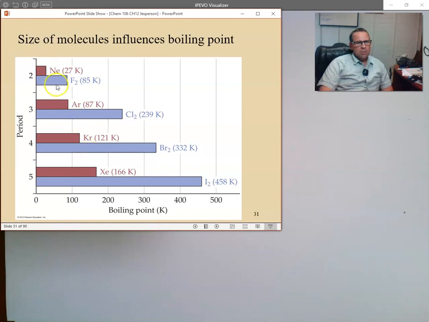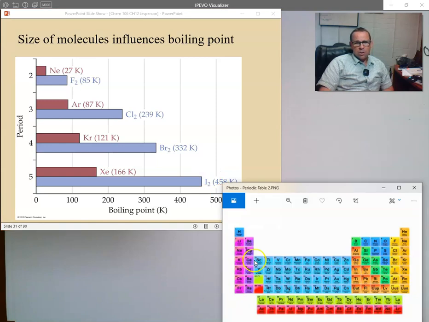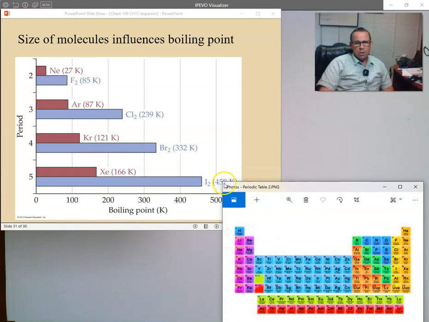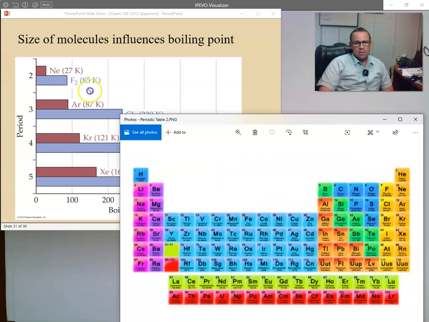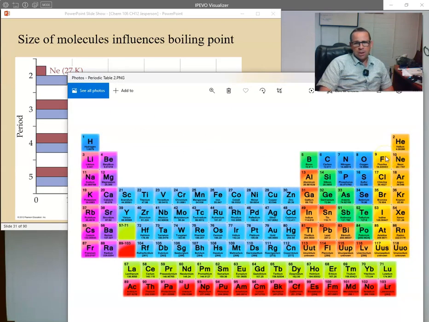And we can see how for neon, argon, krypton, xenon, there's a clear trend. Even the molecular gases, fluorine, chlorine, bromine, and iodine. And the trend is also a favorite of chemists, this trend from fluorine up to iodine, because fluorine and chlorine are gases at room temperature, whereas bromine is a liquid at room temperature, and iodine is a solid at room temperature. So this is a good trend and often a question that tests will ask because of the clear indication